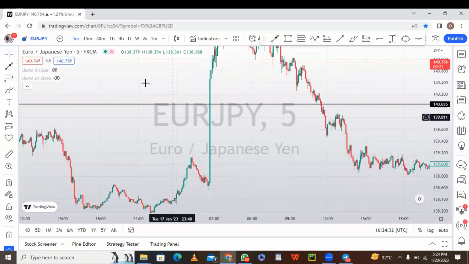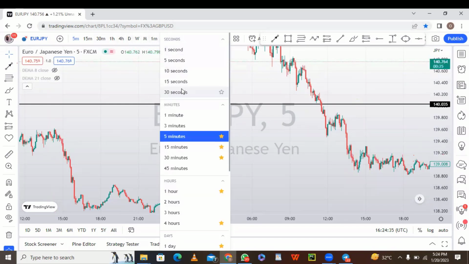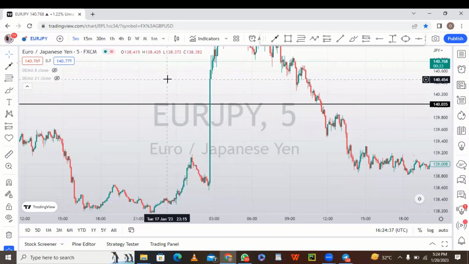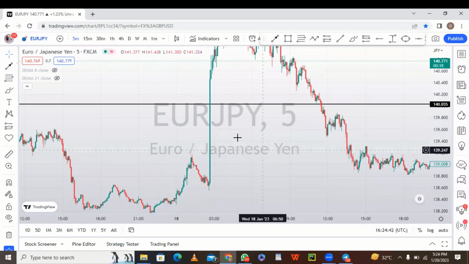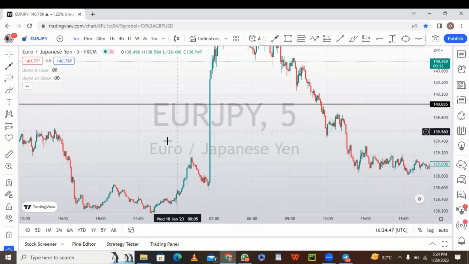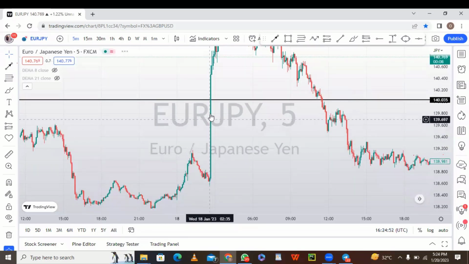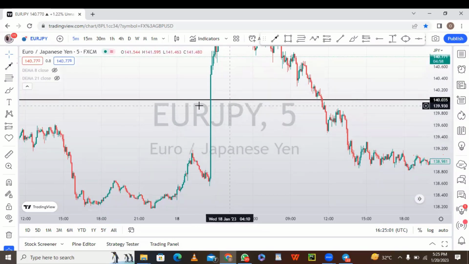Let me scale down to the 3 minutes for you to see what this candle will do. If I scale down to the 3 minutes, I'm going to lose some chart. But what I mean by that, when you observe that there are power candles, what I mean by power candles are all these long candles. You can see how long it is. When you observe this type of candle in succession and they break through the level you are willing to make that entry from, you should not take that particular signal. You should let it go.